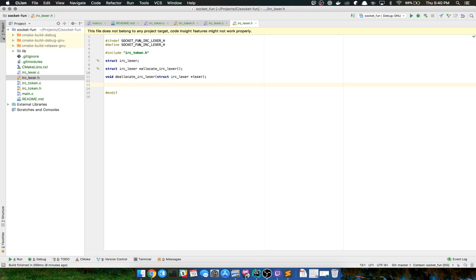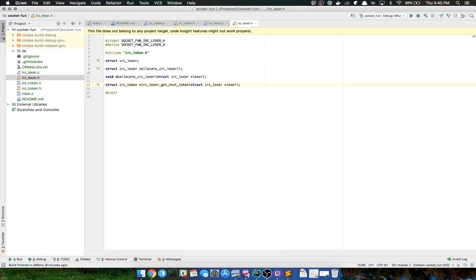So what I would want to do is have a get next token function. So struct IRC token pointer, IRC lexer get next token. Cool. Then we're just going to pass in the struct IRC lexer as a pointer.